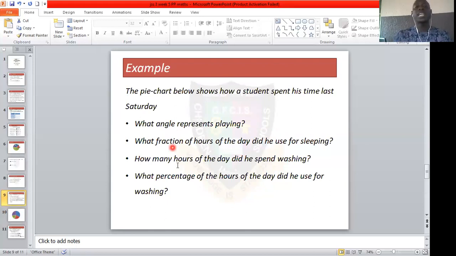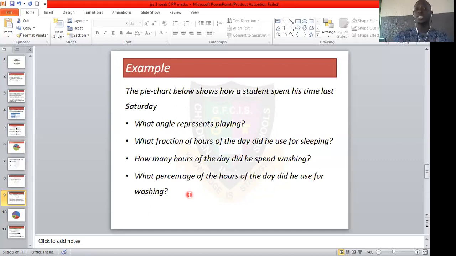Number three, how many hours of the day did you spend washing? What percentage of the hours of the day did you use for washing? I told you, you can use the hour in time or you can use the degree, but most of the things we'll be doing here, we'll be using the degree